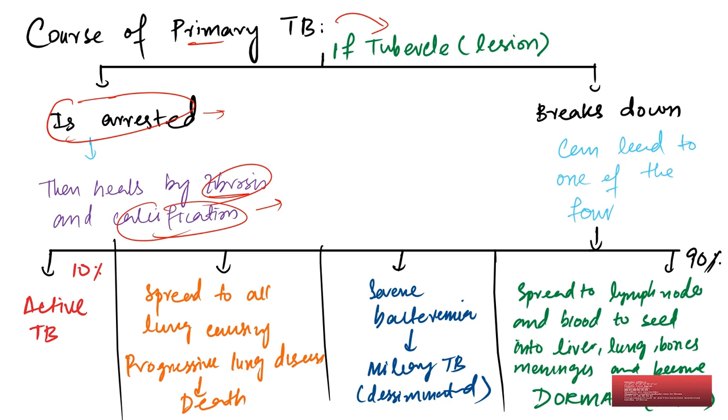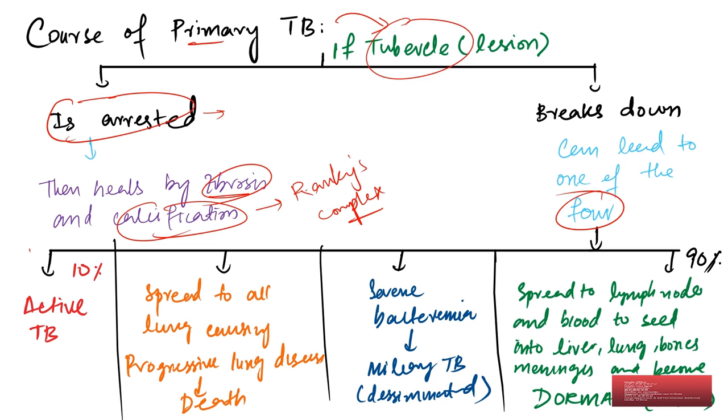And this tubercle, i.e., Ghon complex, when it heals by calcification, is called Ranke's complex. The other chance is that this tubercle breaks down, and this can lead to one of four important